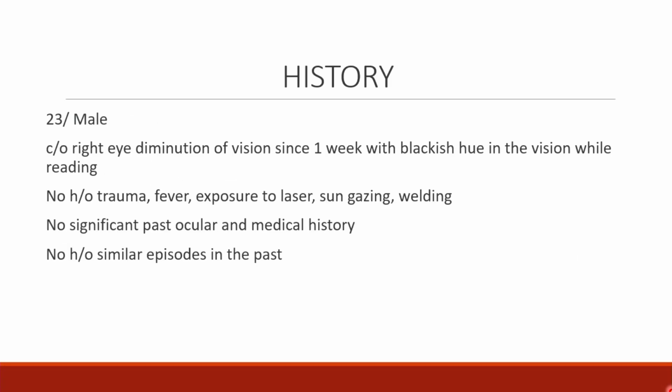Starting with case 1, a 23-year-old male presented with complaints of right eye diminution of vision since 1 week, with a blackish hue in the vision while reading. There was no history of trauma, fever, exposure to any laser, sun gazing, or any welding. There was no significant past ocular and medical history, and no history of similar episodes of such complaints